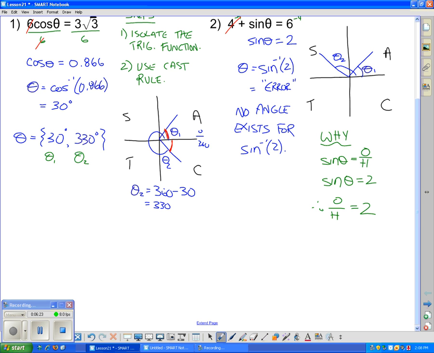If we multiply both sides by h, the hypotenuse, my opposite is 2 times my hypotenuse. So that means the opposite side